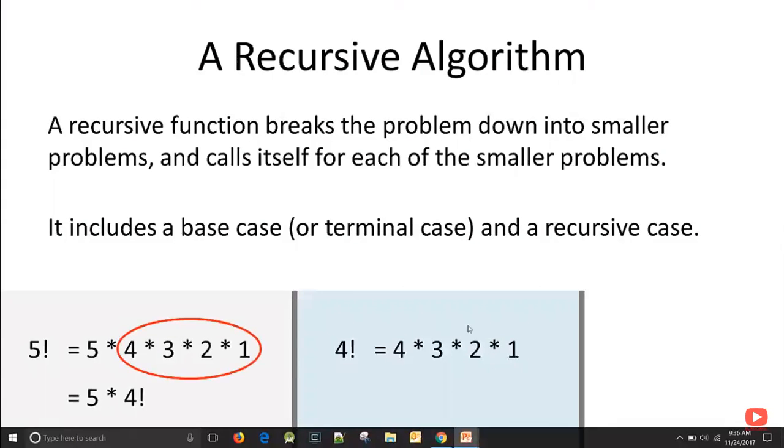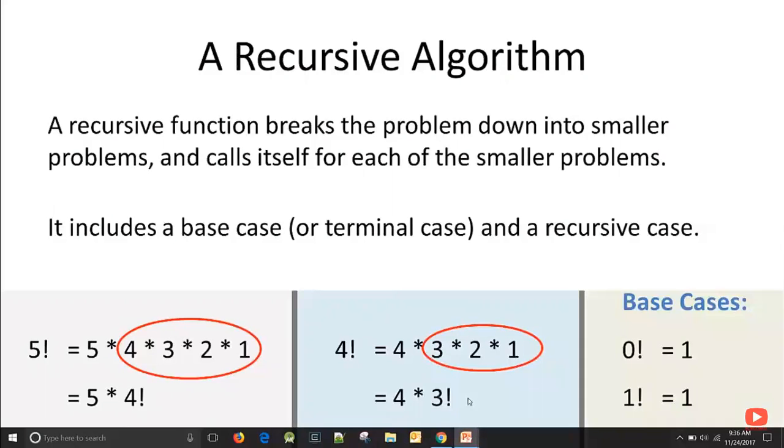But look, 3 times 2 times 1 is equal to 3 factorial. So 4 factorial is equal to 4 times 3 factorial. And we can continue doing that until we get all the way down to one of our base cases. When we get down to 1 factorial, we say, well, 1 factorial is 1. So we return 1, and then we multiply that all out.